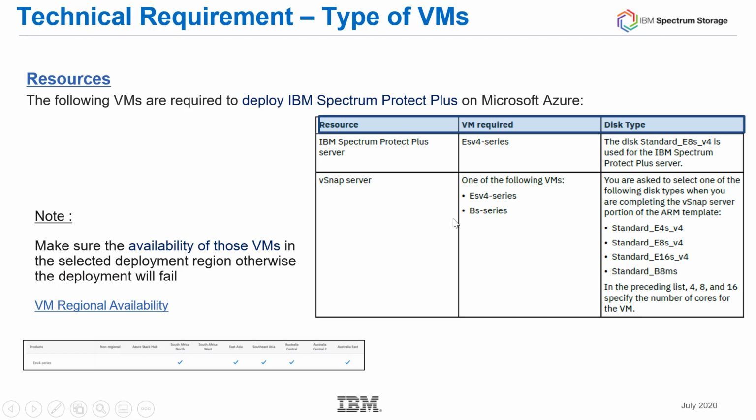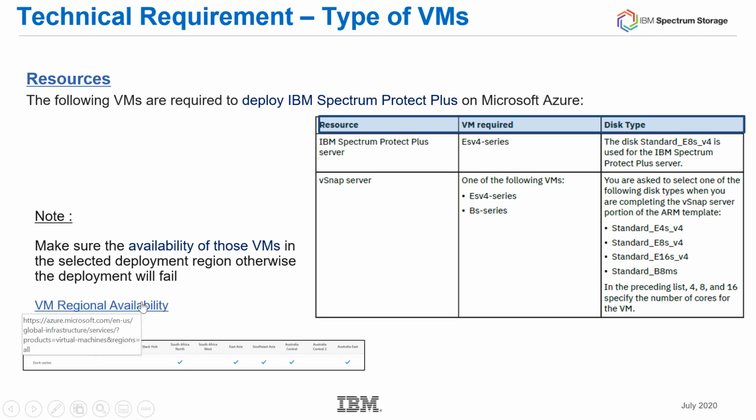Now the important thing to note is that you have to make sure that these virtual machines are available in your selected deployment region. Otherwise, the deployment will fail. And if you want to check that VM regional availability, you can go out to this Microsoft document. Microsoft keeps deploying its ESV4 into additional geographies on a regular basis, so you'll want to make sure you've checked